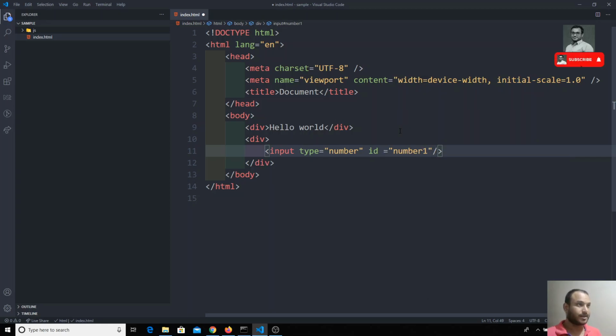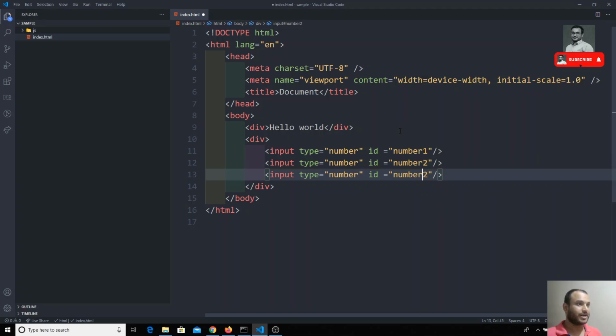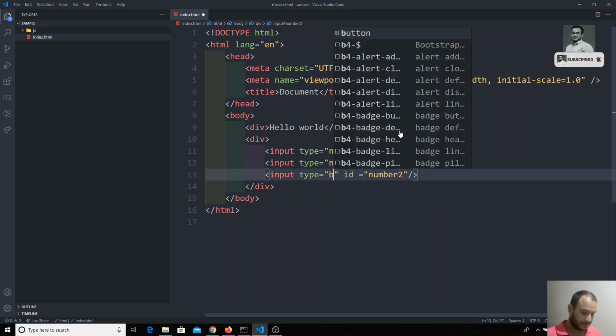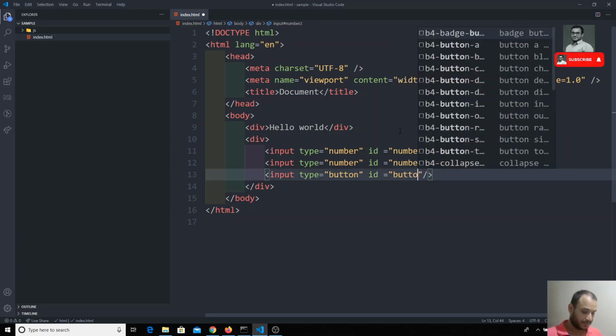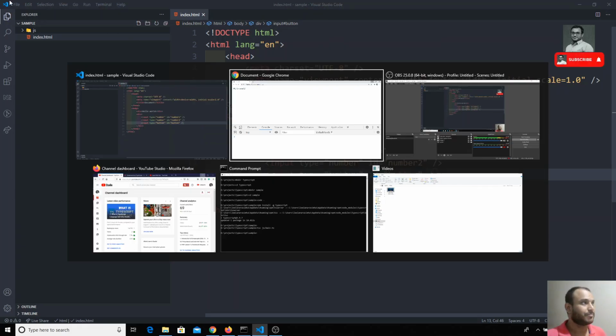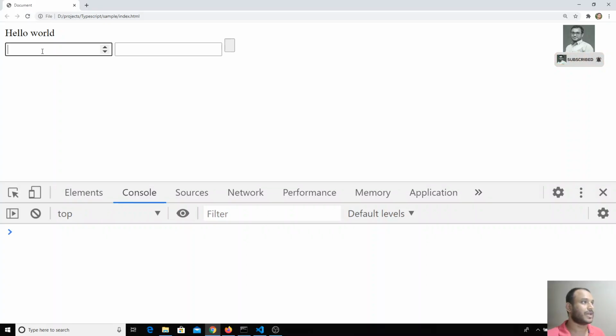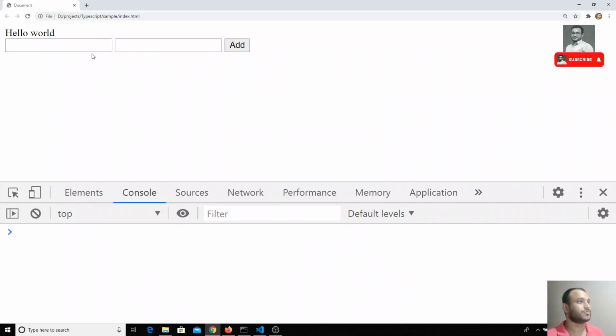In the same way I will keep number 2, and I will create a button with the id button. This is the simple HTML. If I execute this one, I am getting two buttons, and I will give this one the value add.